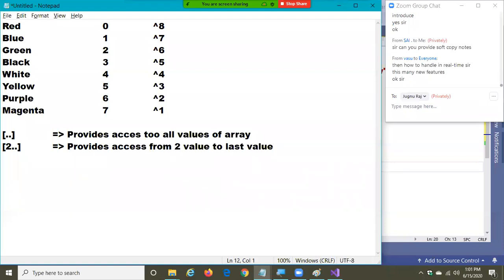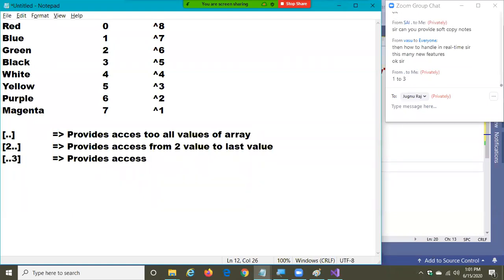Okay, next. I'm writing like this. Any guess? Any guess what it gives? Provides access to what? Yeah, perfect. 1 .. 3 accesses values from 1 to 3.